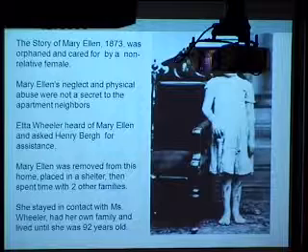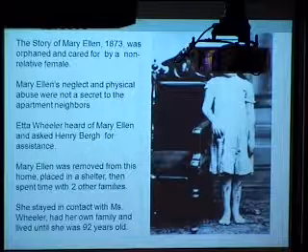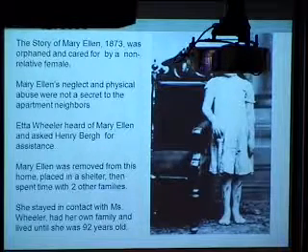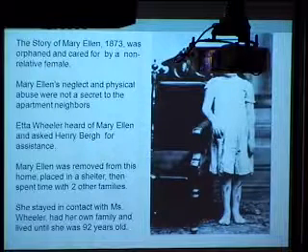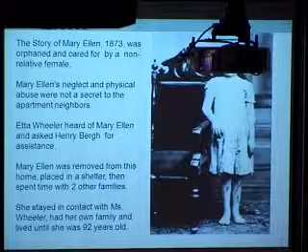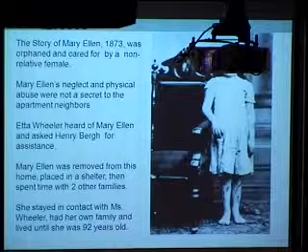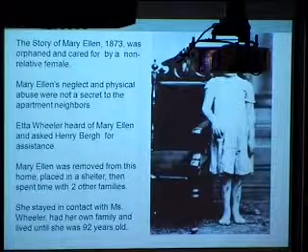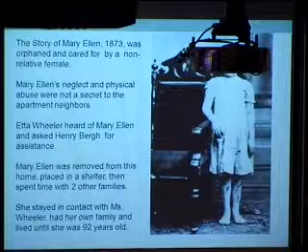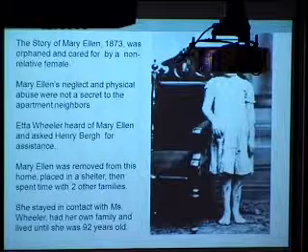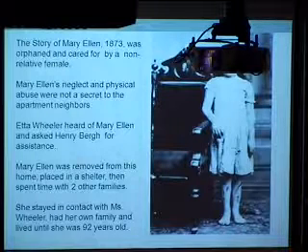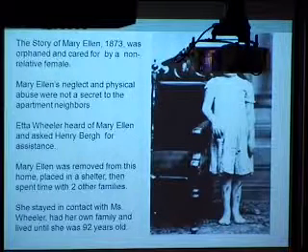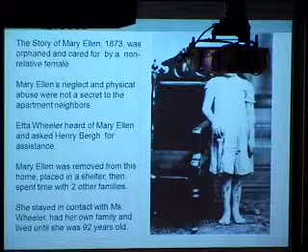Etta Wheeler was a woman who lived in the neighborhood and worked at a local church, and she heard of what was happening to this child, and she asked Henry Berg for help. Henry Berg is important because he was a lawyer. He happened to be a lawyer for the Society for Prevention of Cruelty to Animals. At least the story goes, it's more important that he was actually a lawyer. So Etta Wheeler didn't know what to do. She turned to him for help.